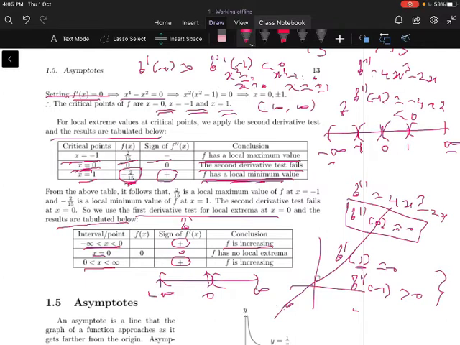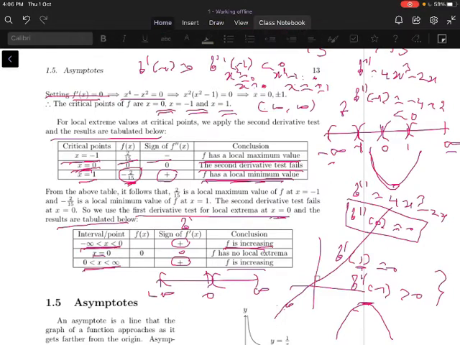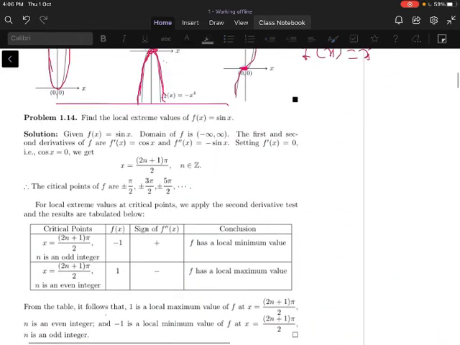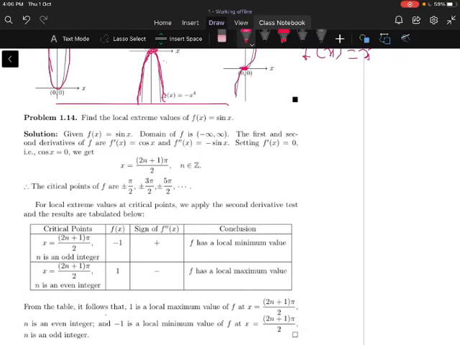So it means there is no local extreme value at x equal to 0. If you want to see a local extreme value with the help of the first derivative test, f decreasing then increasing will give a local minimum value, or f increasing then decreasing will give a local maximum value. But in this case, f is increasing on the interval minus infinity to 0, and again f is increasing on 0 to infinity. So there is no local extreme value at x equal to 0. Now let us move to the next problem.